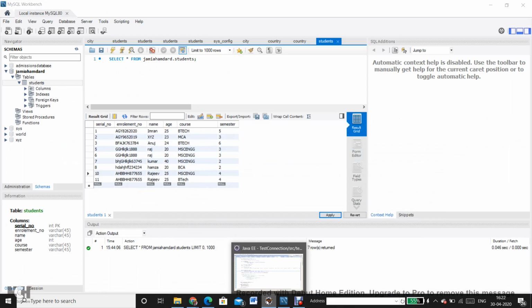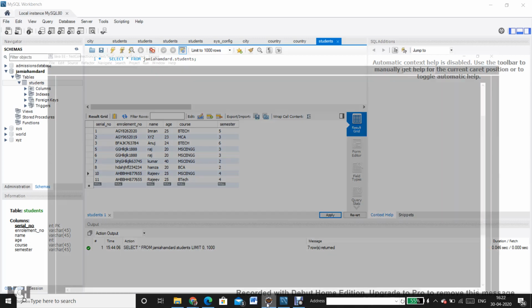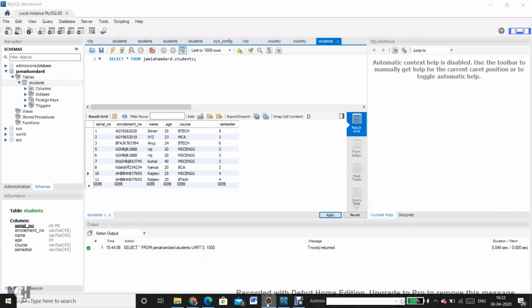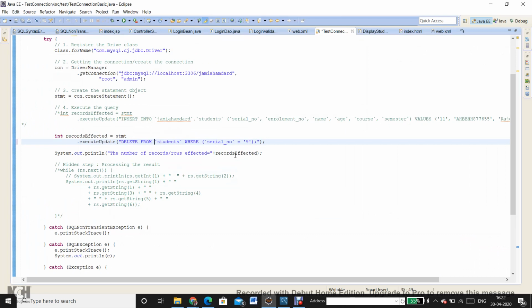So say for example I want to fire a query which can affect multiple records. So let me say where I am not interested in serial number, I want to delete everything which is, say for example, in the fourth semester. I want every record with the 4th semester. So the column name is semester, so I will say where semester is equal to 4.